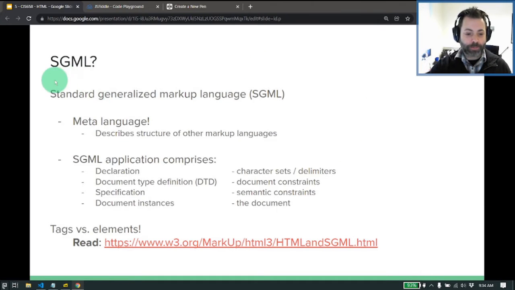But let's start with this topic called SGML. Now, this is basically a meta language that describes HTML. And this is a very computer sciencey thing, whether you like it or not, I suppose. There are languages for describing other languages. So SGML basically lays down the rules for how an HTML page is rendered or how it's supposed to be created. Now, to kind of step back a touch, HTML, XML, SGML,